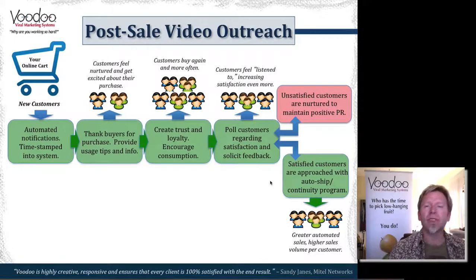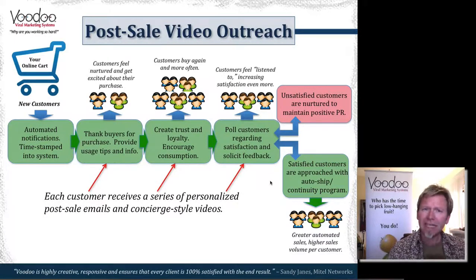This is really where so much can be lost. In the case of Voodoo, you bring in new customers through your online shopping cart, and they're going to receive automated notifications. They're time-stamped into our system, and the time-stamping can be a very important factor as far as what is going to go out from our system, reaching out to these new customers to make them feel nurtured,